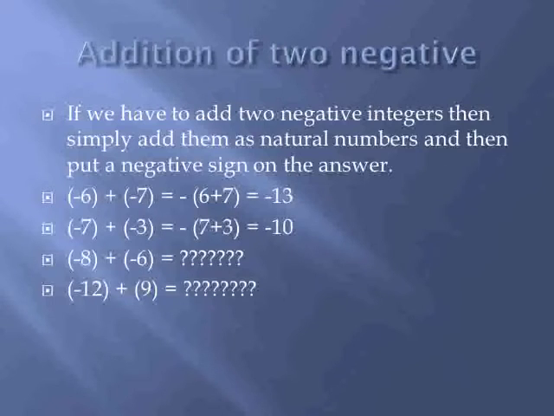Now the second example. First see the integers given in the question, that is -7 and -3. It is clear that both integers are negative, so take 7 and 3 in brackets, and since both integers are negative, we take the minus sign as common. Add 7 and 3, which equals 10, and put the minus sign before the answer. This is your answer. And now these are the two questions you have to do for your practice, and please give the answer in the comment section.